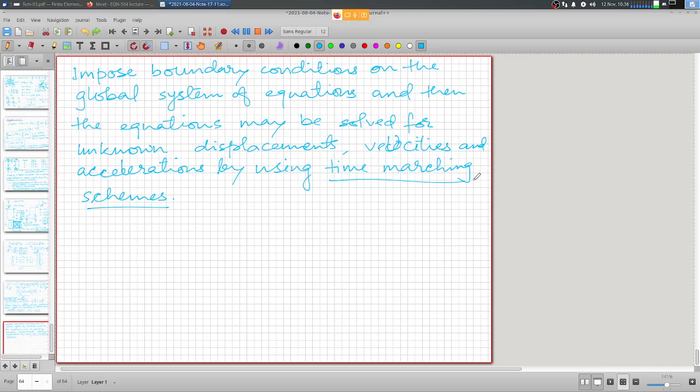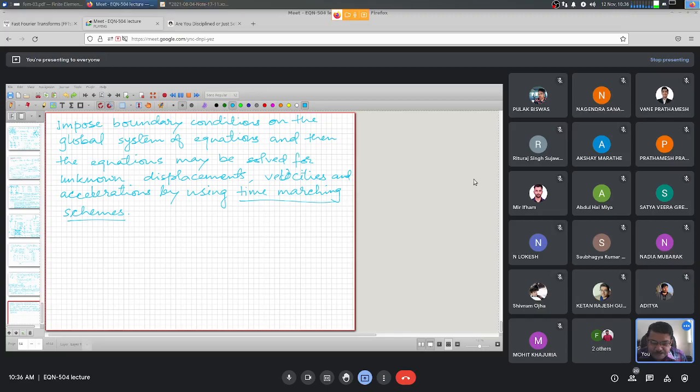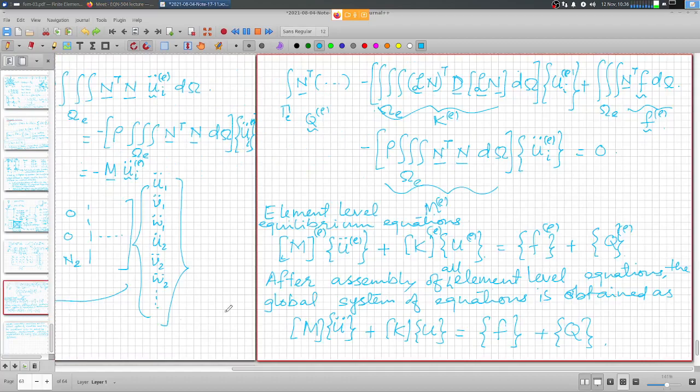We advance the solution in time. So what we do is, these equilibrium equations that we have are taken as an equilibrium equation for individual instants of time. So we establish equilibrium at time instant ti, and knowing the entire conditions at time instant ti, we try to predict what the solution is going to be at the next time instant, that is time instant i plus 1.